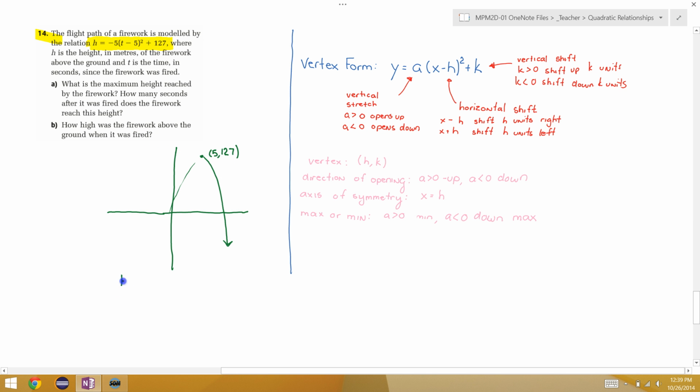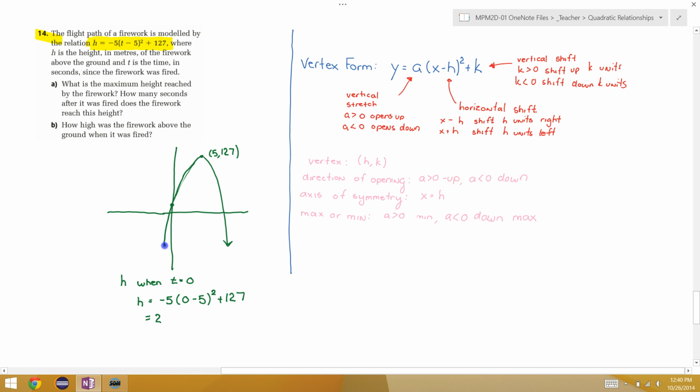So let's take h when t is equal to 0. So h is equal to negative 5, 0 minus 5 squared plus 127. Now I'm going to get my calculator out and put this in in one step. It's really important we become confident using our calculator so we can do these kinds of quick calculations. So let me just clear my calculator. When I type this in, I get a value of h equals 2, which actually makes me feel pretty good because